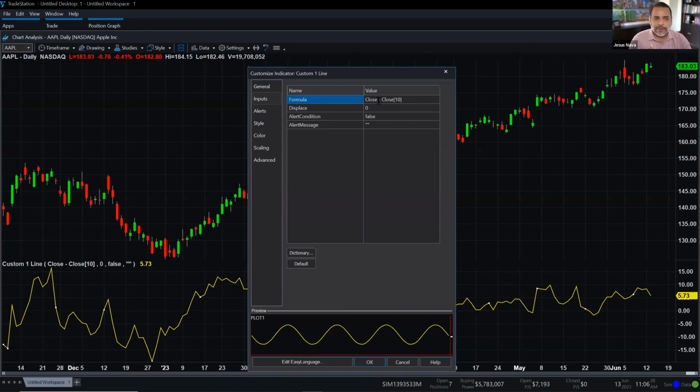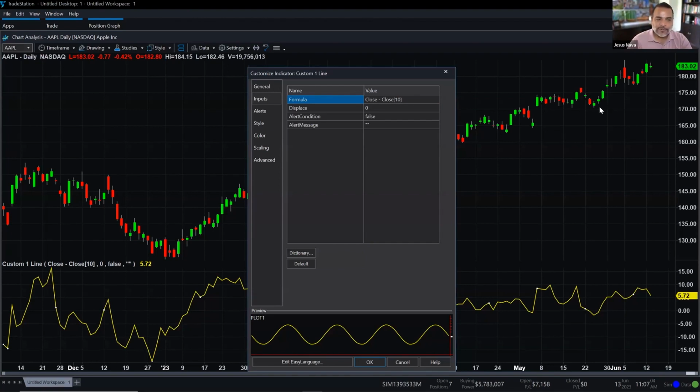And you can, of course, come here and modify that 10 if you want. To calculate the percentage change, or at least, this is not a percentage change, it's a net change. So if I'm looking at the 5.63 over here in yellow, that just means that the current price of Apple at 182.94 is $5.65 higher than what it was 10 days ago. Now, of course, these are not calendar days, these are trading days. So it's just making that real-time calculation of what was happening to Apple 10 days ago and giving you the